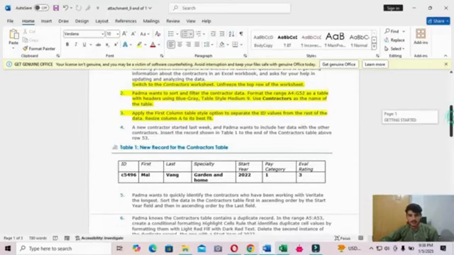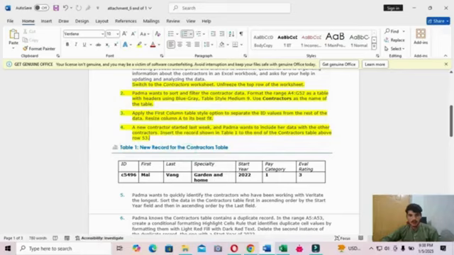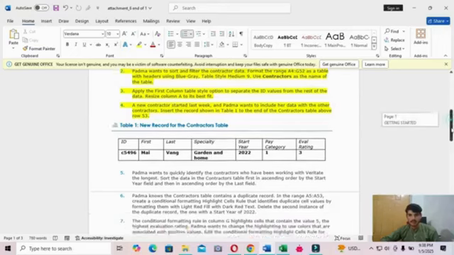Next step, step 4. A new contractor started last week and Padma wants to include her data with the other contractors. Insert a record shown in Table 1 at the end of the table.